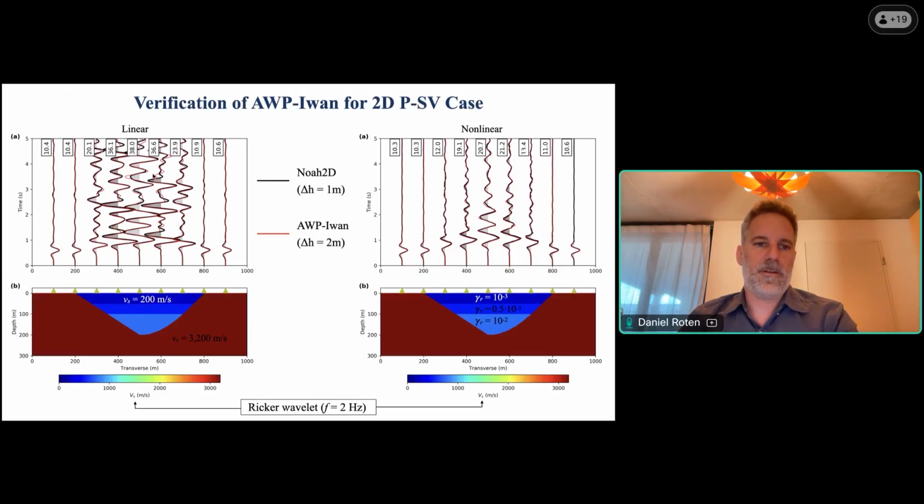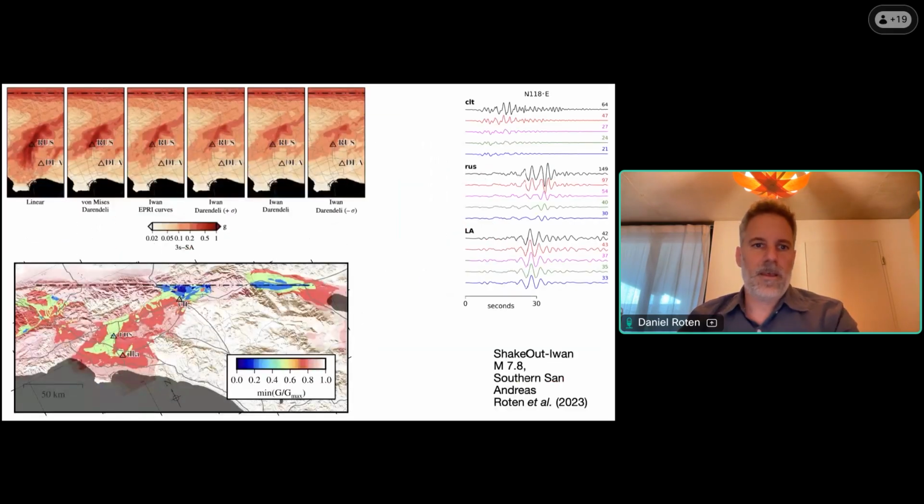And we actually verified the implementation of this model. We know from engineering seismology, there are a lot of 1D codes that use the same model that have been verified against each other. One of those codes is called NOAH, and was used to simulate the response of one Japanese KiK-net site. We can change our problem so that it can be used to model a 1D problem by just using periodic boundary conditions and a laterally homogeneous medium. And we get a very good match with the NOAH code, which gives us confidence that this is implemented correctly.